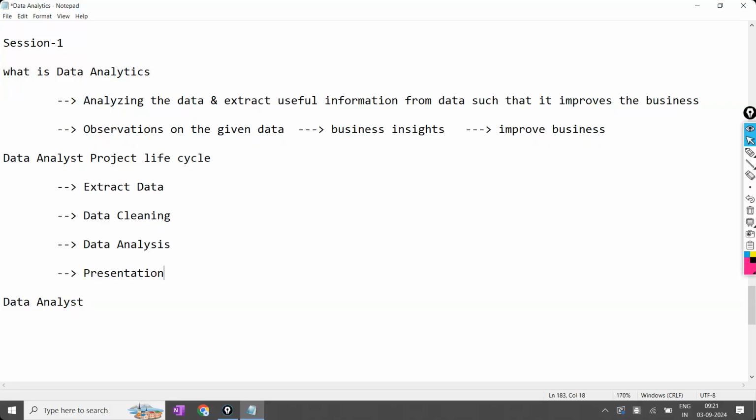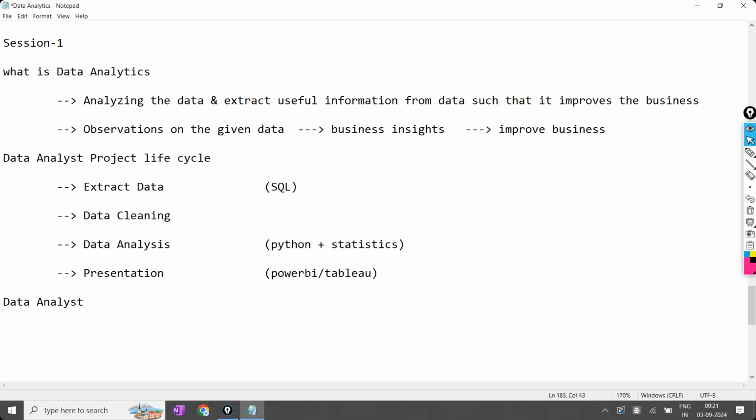we'll present the data. For extracting the data, we require SQL. Using SQL, we are going to extract the data. For doing the data analysis, we require Python and statistics. And finally, for the presentation, we are going to use Power BI or Tableau, any one of them.